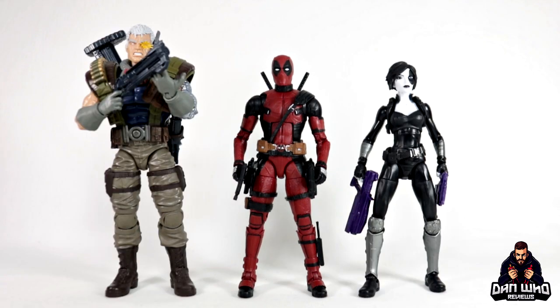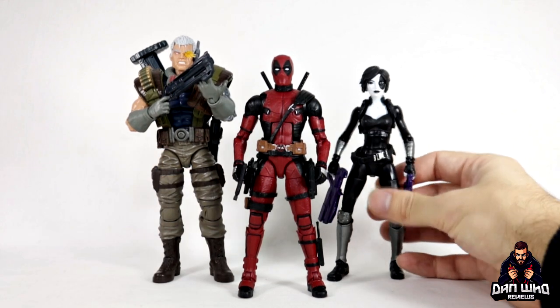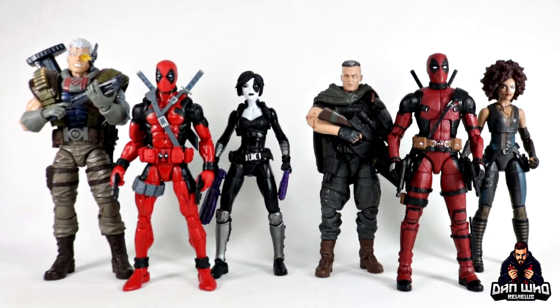And even though it's a movie figure, I do think it's one of those unique circumstances where you can blend the character design into your comic display. Like, if you've got this in your display, it's undeniably Deadpool, and it doesn't look too crazily real-worldish compared to these comic characters. If that makes sense, I do think you could make this work if you preferred this as your ultimate Deadpool. And just for a straight up comic versus movie comparison, here we have Cable, Deadpool and Domino